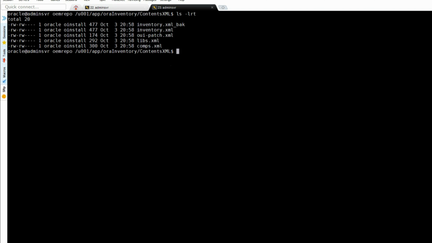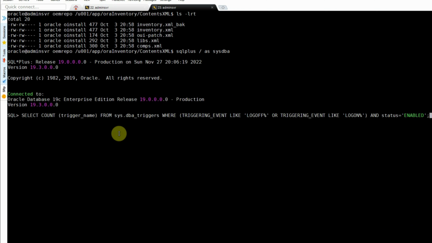Next, we'll disable any logon triggers in the repository database. So first, let's connect to the database using sysdba and see if there are any logon triggers enabled, and currently, yes, there is one logon trigger which is enabled. I checked it using the query select count(trigger_name) from dba_triggers where triggering_event like 'LOGOFF%' or triggering_event like 'LOGON%' and status equals